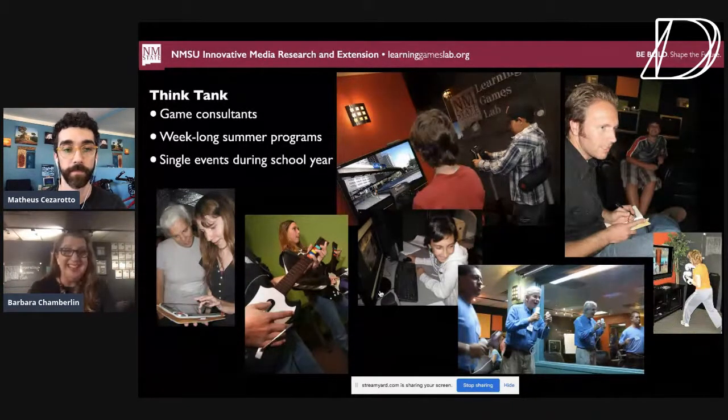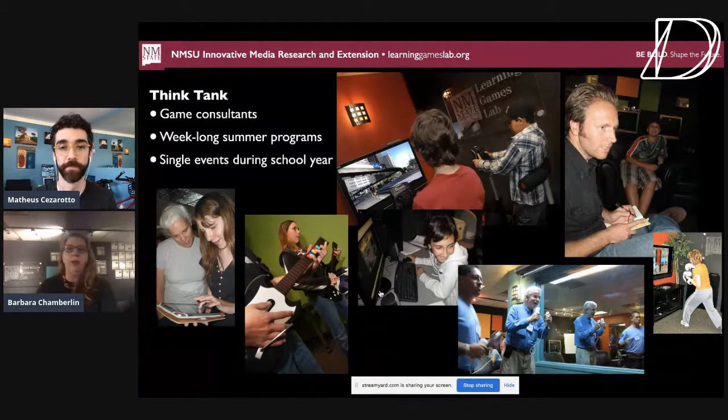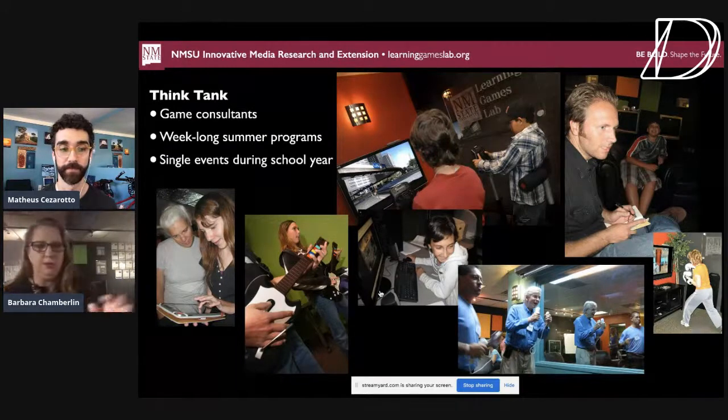So what that means is we've got a bank of people we can pull from all the time. So the access issue has been fixed because we have this partnership where we can regularly pull them in. That has come in very handy during COVID when we haven't been able to meet face-to-face, but we still were able to do some of these sessions through Zoom and online. So let me give you just a tour. Maybe I'll stop my sharing and I'll just give you a quick little tour of our space.